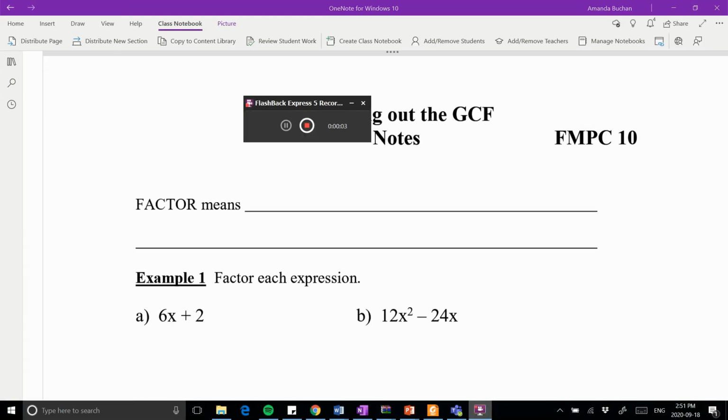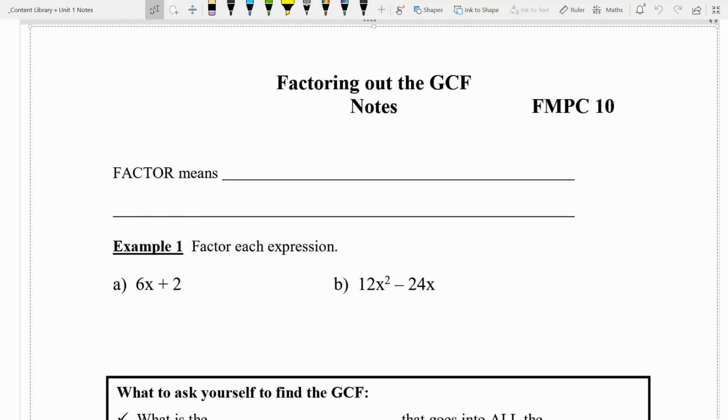We are recording. So today we're going to be talking about factoring. We're starting right at the beginning with just remembering what a factor is and how we can pull it out of a basic expression. So when we're talking about factors, we're talking about numbers